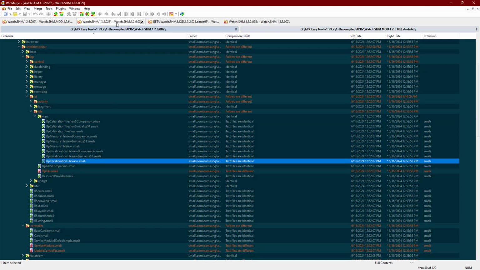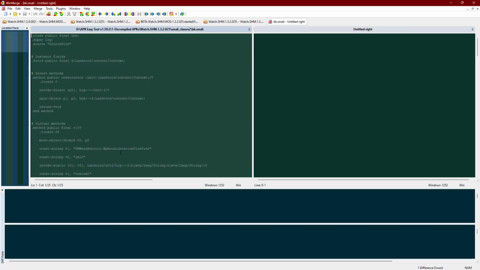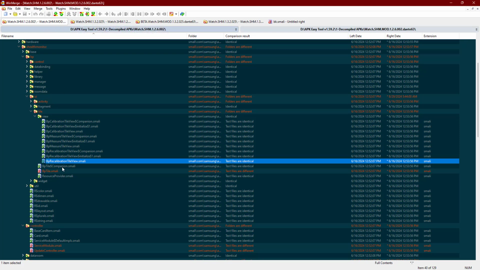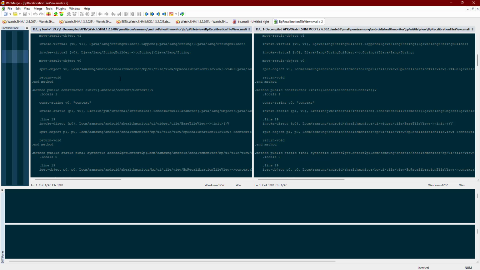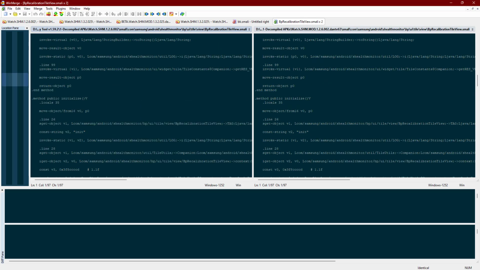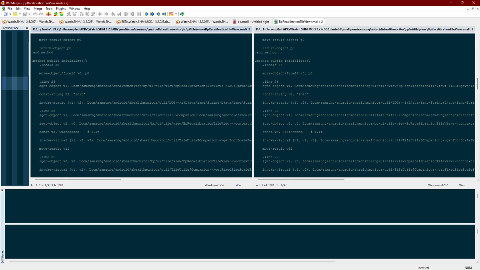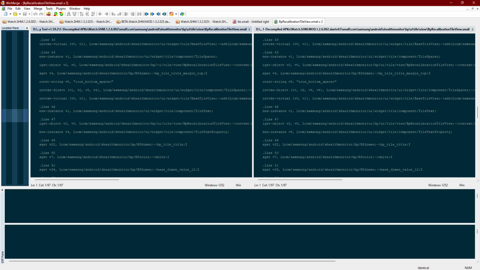Now this is what we have just seen. Where is the BK? There it is. BP recalibration tile view and BP recalibration tile view. Now if you look closely right over here, you can literally understand there's a constructor, there's an axis, get resource version. You can read it, you can understand, you can see what is happening and what each component is calling from where and what.